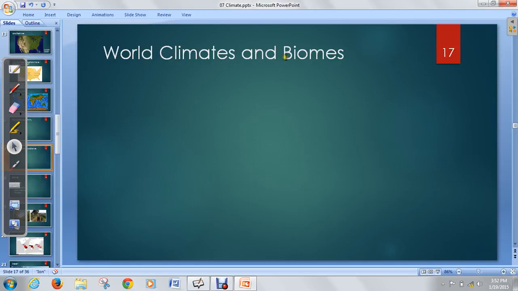If you think of the word biome, it has the word bio in it, which means life. So biome really means what type of life can live in these certain areas. If two areas are in the same biome, that means life could probably live in each one of those areas. Okay? So hopefully as we go through this it makes more sense, but let's look at some of